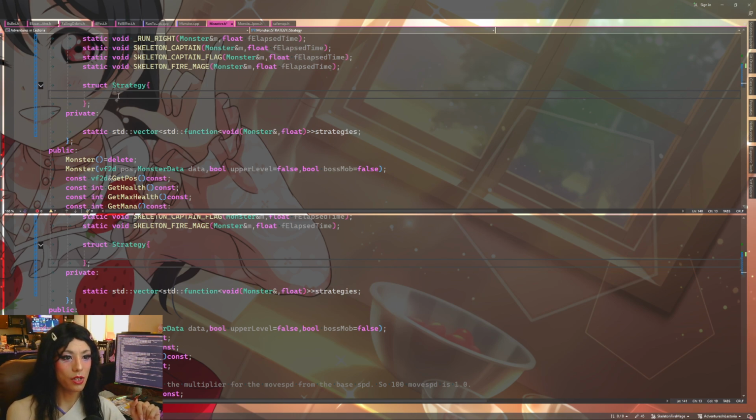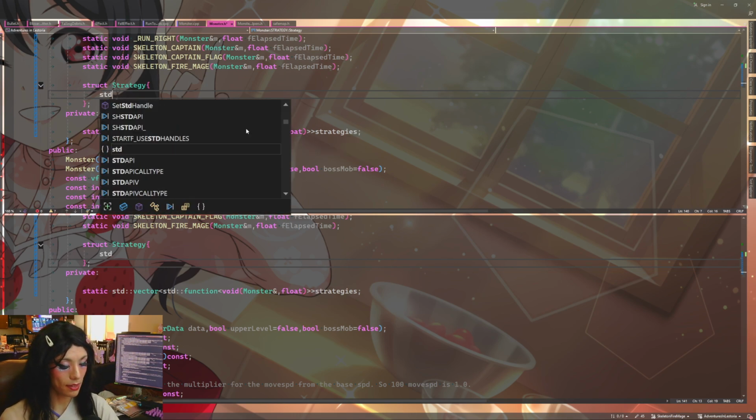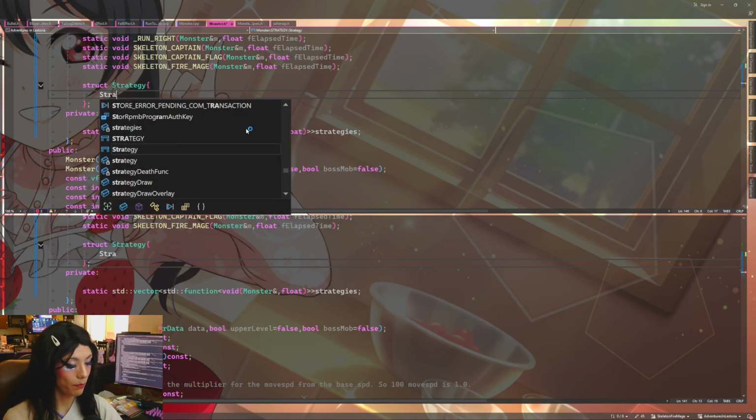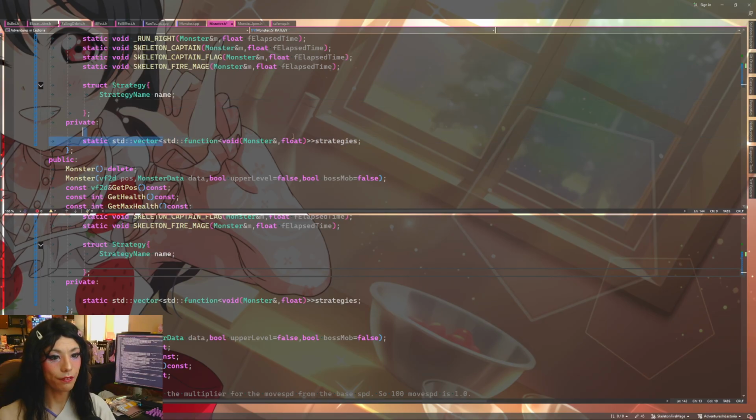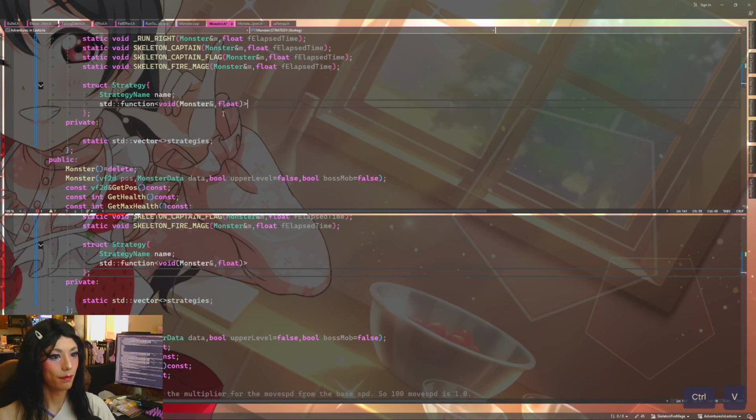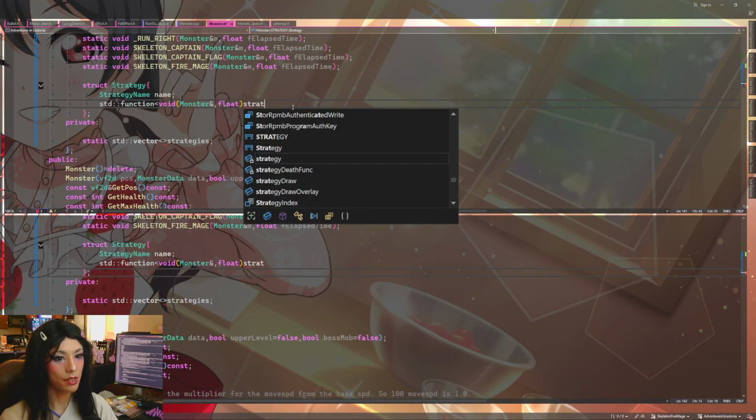But yeah, the struct strategy is going to contain both the strategy name, which I will use here, and the function itself. So that is the strategy function. Strategy func. Okay, so now that we have that,